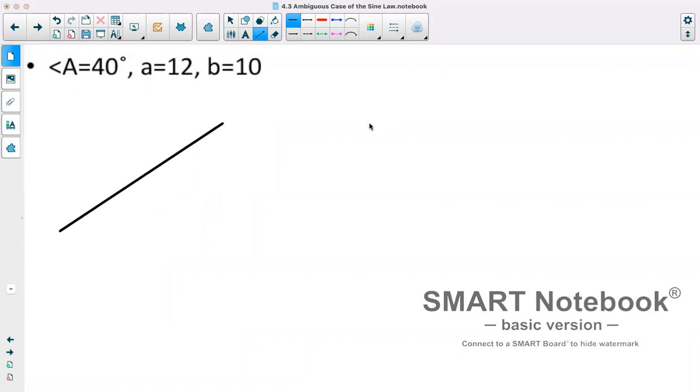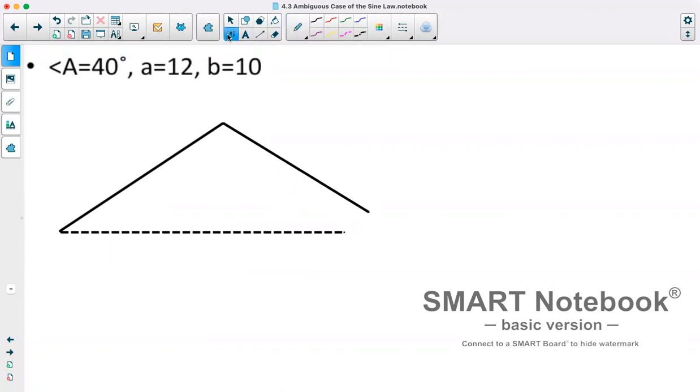Okay, so next one. We have this is 40 degrees. This is 10, this is 12. So in this case, our H is still 6.4. However,